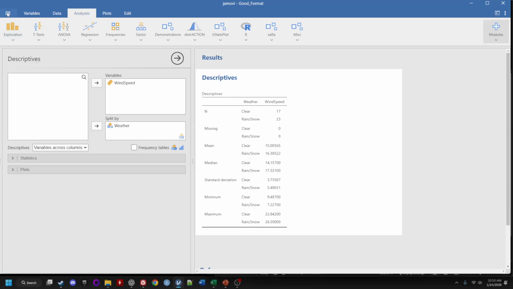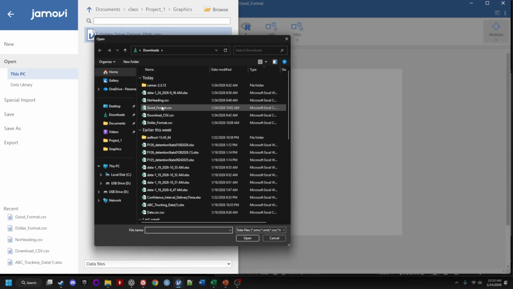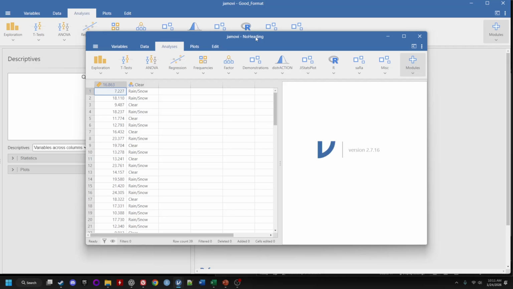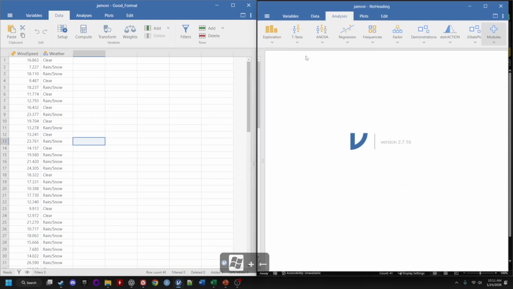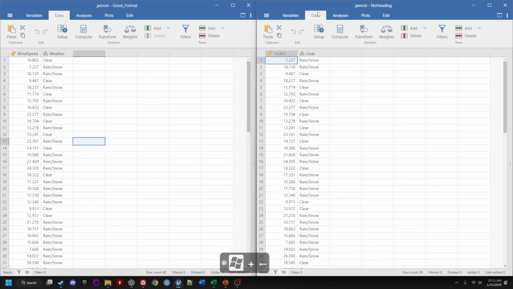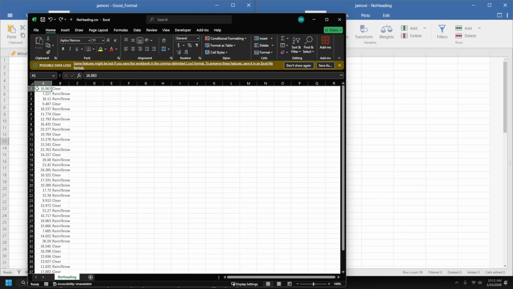Let me show you when data is not well formatted, some of the problems that can arise, and how we can fix it. I'm going to go ahead and open, and this time we're going to open up one that has no heading. The only difference between the good format and the no heading is that the no heading doesn't have a heading. Let's open it and look at the difference here. These are identical, except the no heading data doesn't have any heading